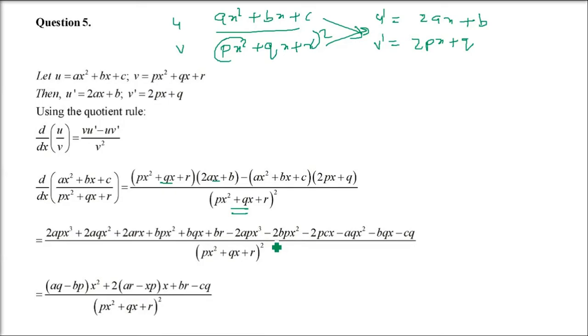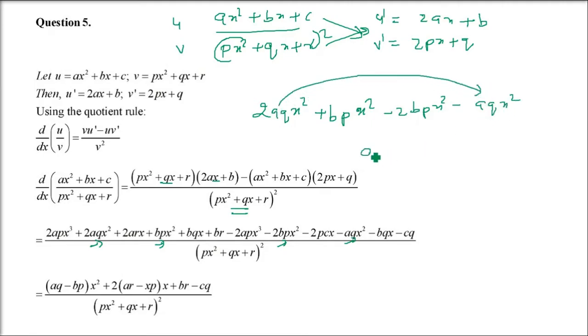So what all cancellation is there? Or you can take things which are common, like x cube, x square, x and constant term. So 4 terms it will be. Let us see the x cube term. You see these will be cancelled out: 2ap x cube, 2ap x cube cancel. So I am taking x square term now. Let us write it here. Because I know that x cube term will get cancelled, I am writing x square term. So 2aq x square plus bp x square. Then we have minus 2bp x square and minus aq x squared.